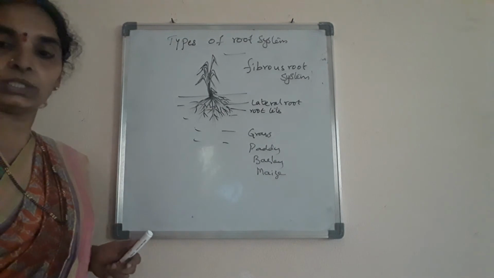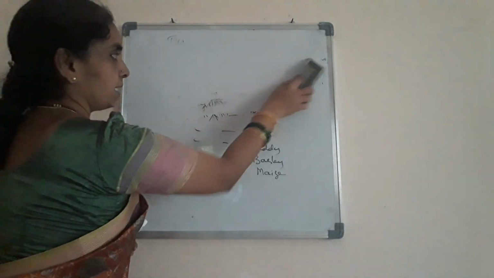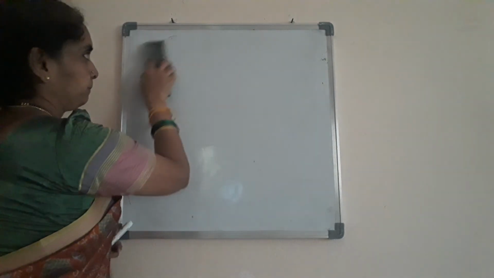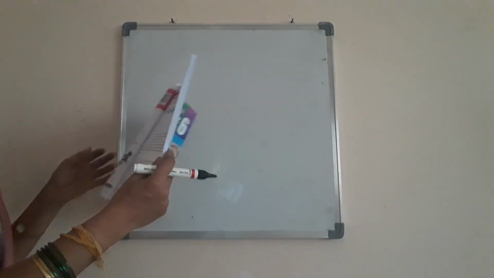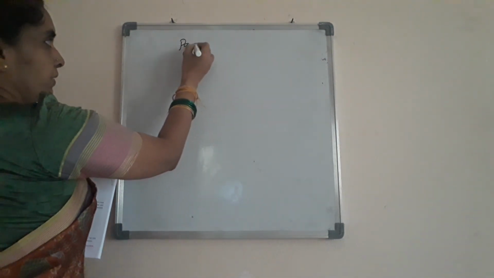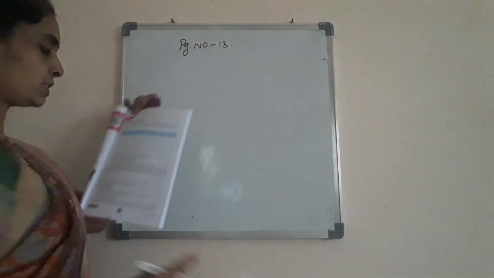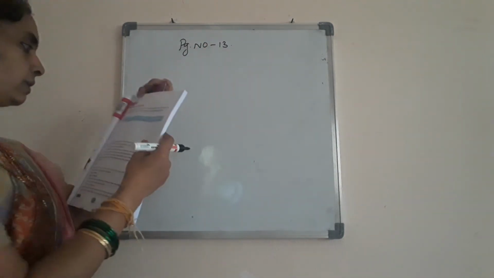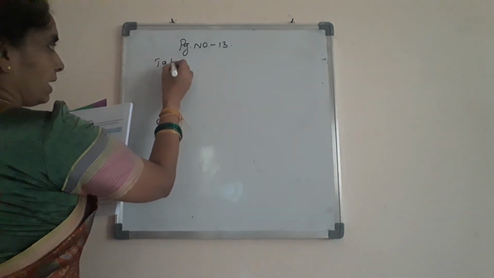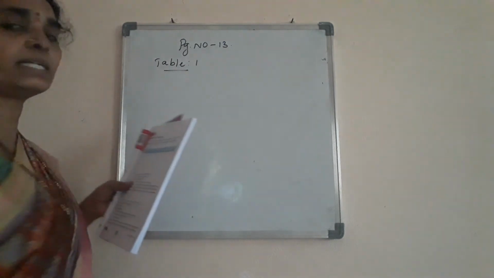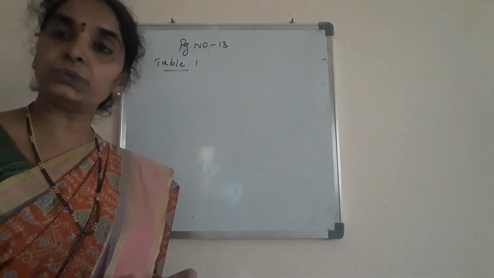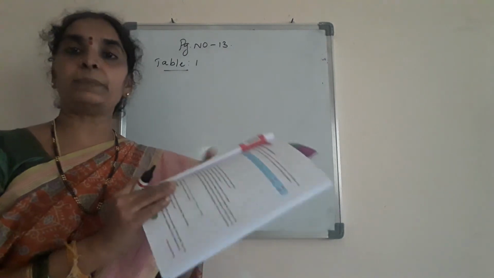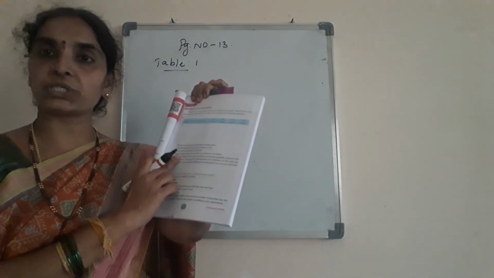Now you note down in your notes which type of root system is present for which type of plant. You can answer the questions from your textbook also. See here, page number 13. You note down. From page number 13, your exercise today is page number 13, table number 1. That's already I have given you. You complete it. That is about the different types of plants, whether they contain the roots, leaves or stem, etc. Below the table, you have seen the different questions given over there.